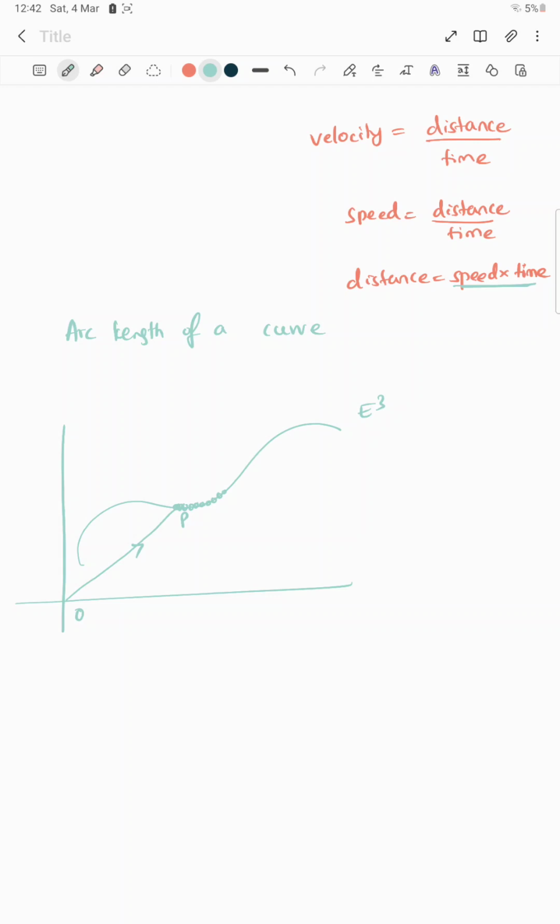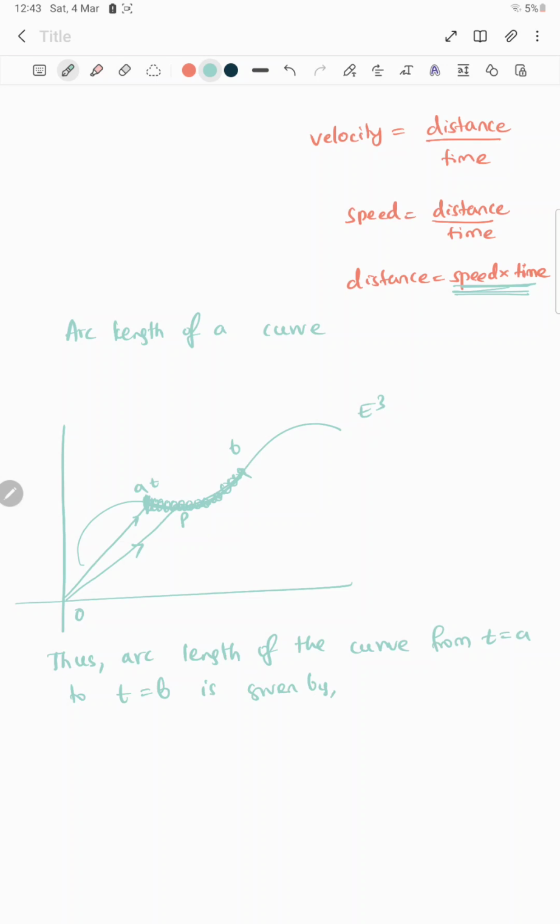If we want to find the length of the curve between 2 points, suppose it is a point A and it is a point B, then what is the length of the curve in between these 2 points, that can be found out with the help of this formula, speed into time. Yes, we are finding the length, we have to sum the distance in each instant. So this can be achieved through the integration process. Thus we can write arc length of the curve from the point A to B, at a time instant t, from t is equal to A to B, is given by,